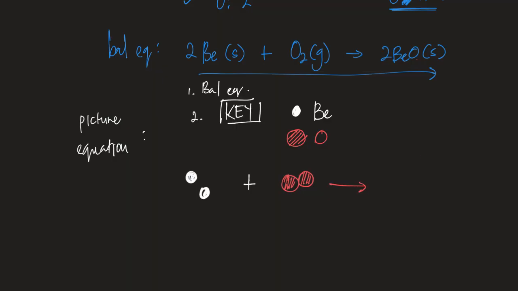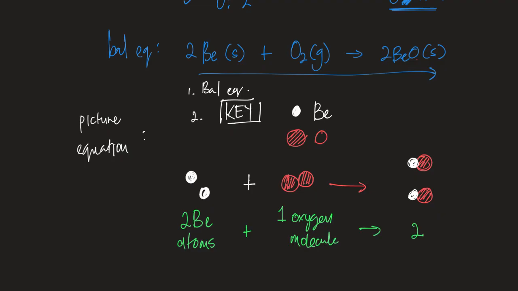For every oxygen, there must be one beryllium. So there's my oxygens, and I've got a beryllium attached to this oxygen and another beryllium attached to that oxygen. So essentially what I've got now is 2Be, two beryllium atoms, plus one oxygen molecule